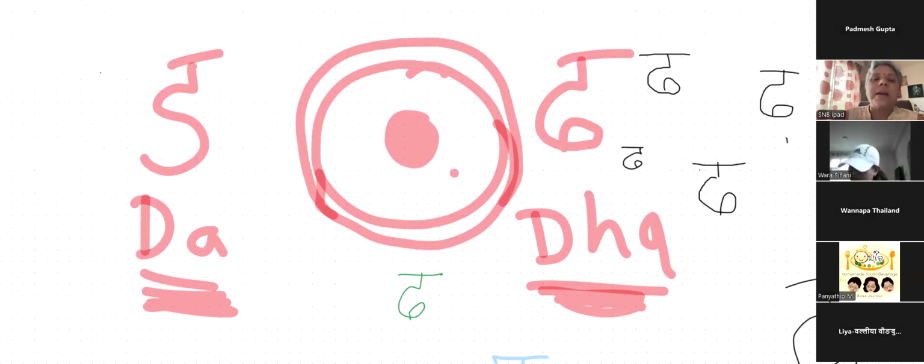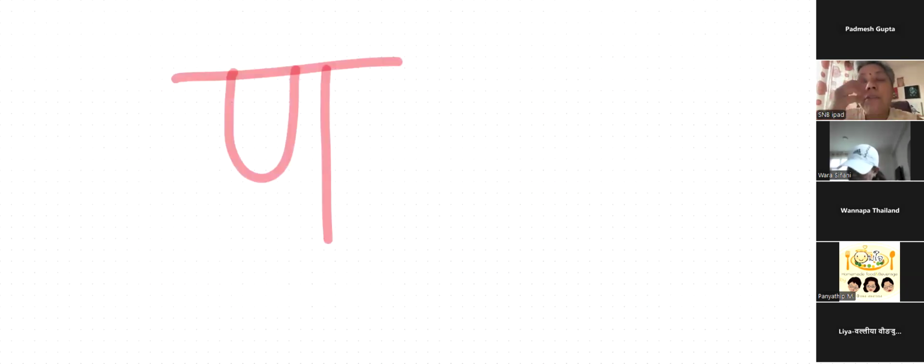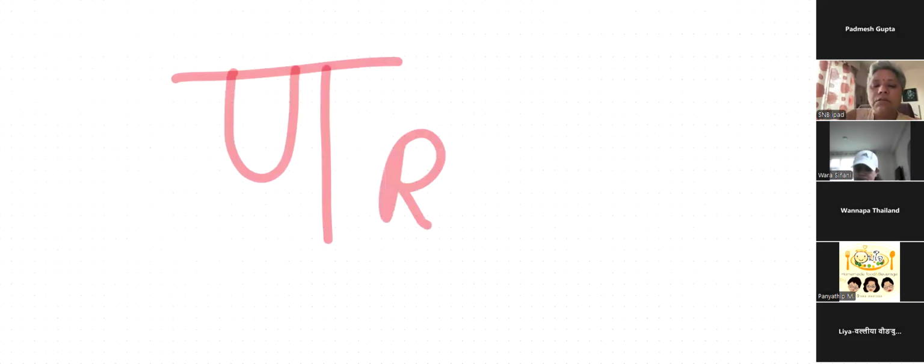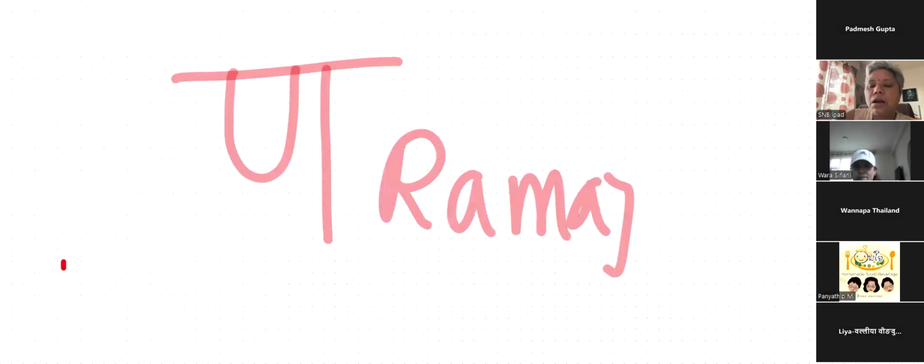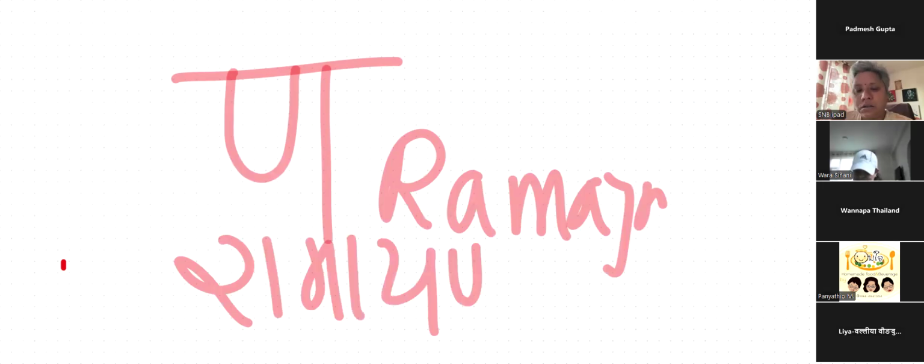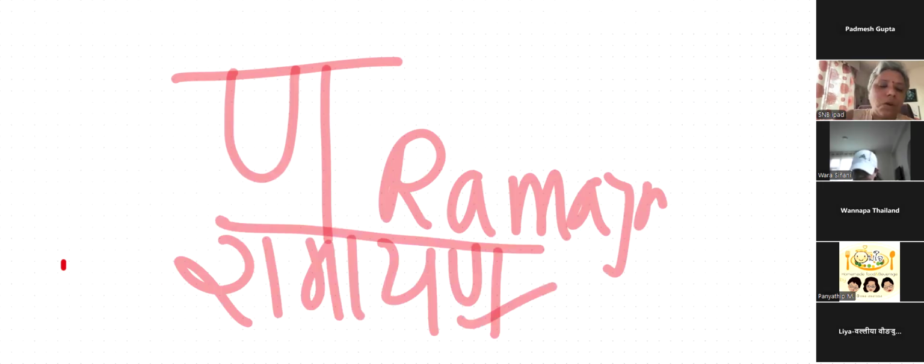And the last one, which is ana, again, this is very much used in many kinds of Sanskrit, but we will study it, and it is like a U with a line, and it is called ana. The same pronunciation as in Ramayana, Ra. We have a very, very beautiful book which is called Ramayana, which is the story of Bhagwan Ram. In Hindi, we will write it like this: Ramayana. Okay, please write now.